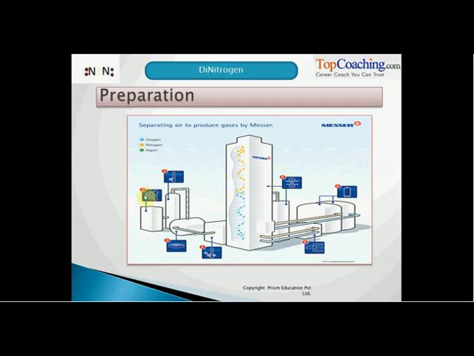So in the first step, the normal air that we breathe, right, is filtered out and reduced to a temperature of -167 degrees. In the second step, the carbon dioxide and water molecules are removed by a process known as adsorption, right? This is a sieve used to remove carbon dioxide and water molecules from the air.